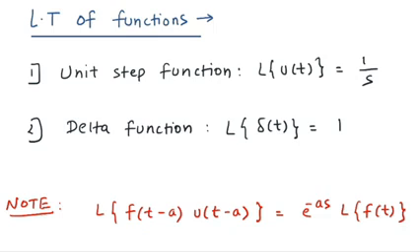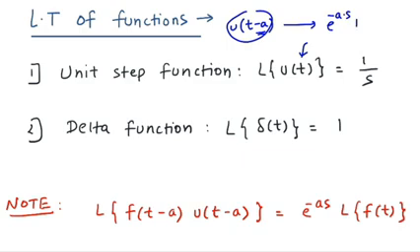But before going to the examples, there are some doubts I want to clear. At this point, the time is at origin, but sometimes the time can be shifted, right? It can be u of t minus a. In that case, you have to use the Heaviside shifting property, and you have to say that first I will fix the bracket. The value here is minus a, then you have to raise it to the power of e, so e raised to minus a into s. Then Laplace of the original function, so Laplace of u of t would be what? Laplace of u of t would be 1 over s. This is the final answer of Laplace of u of t minus a.